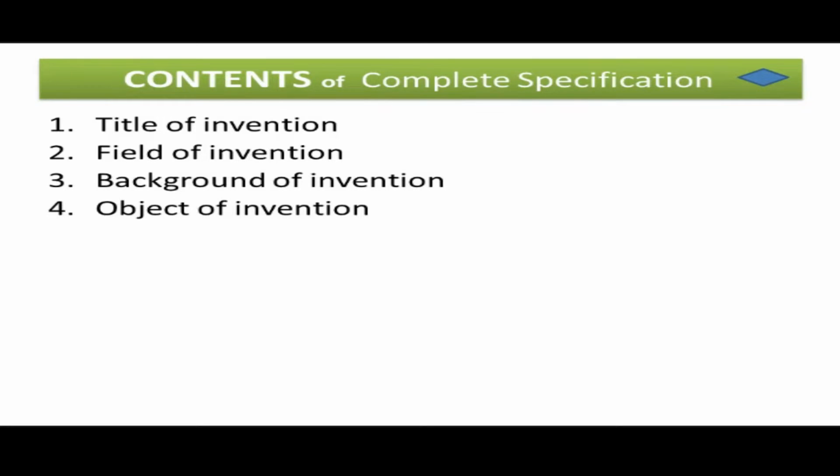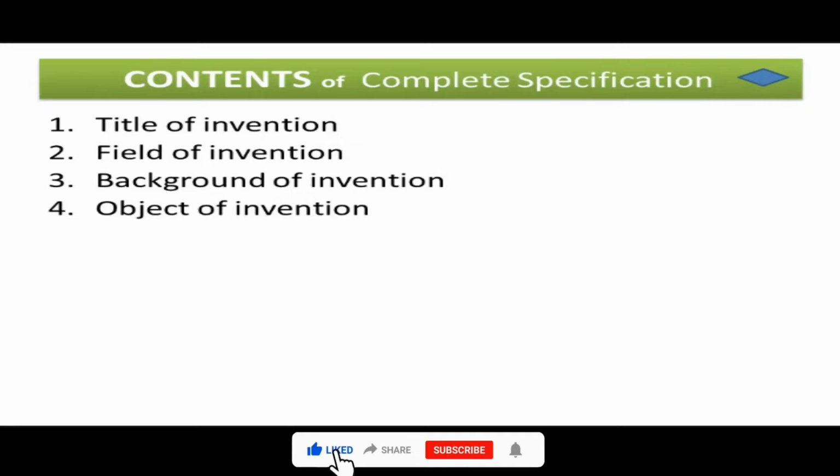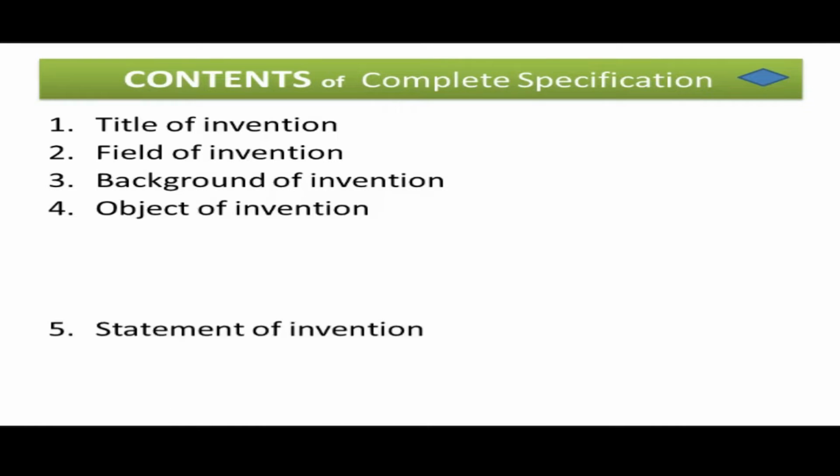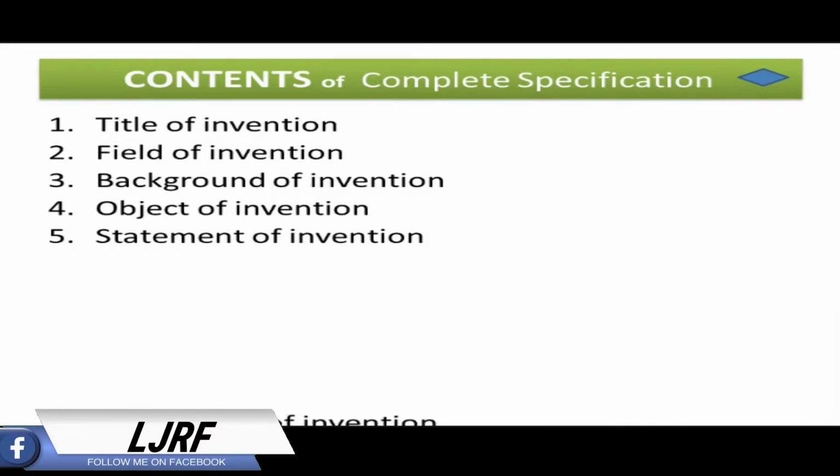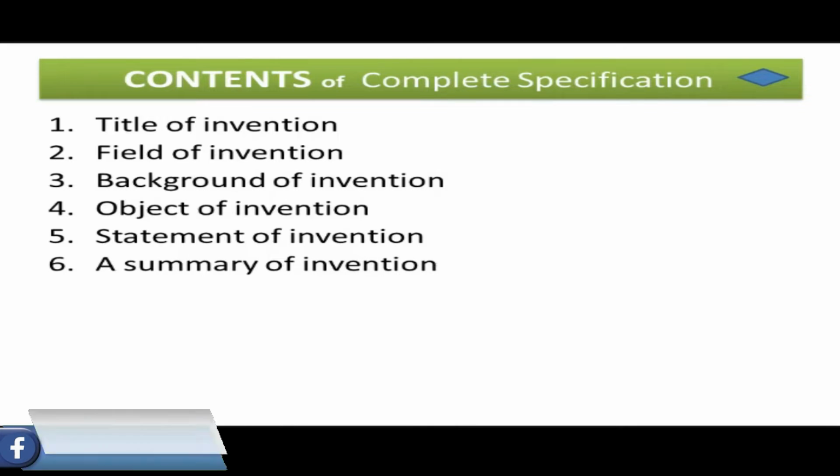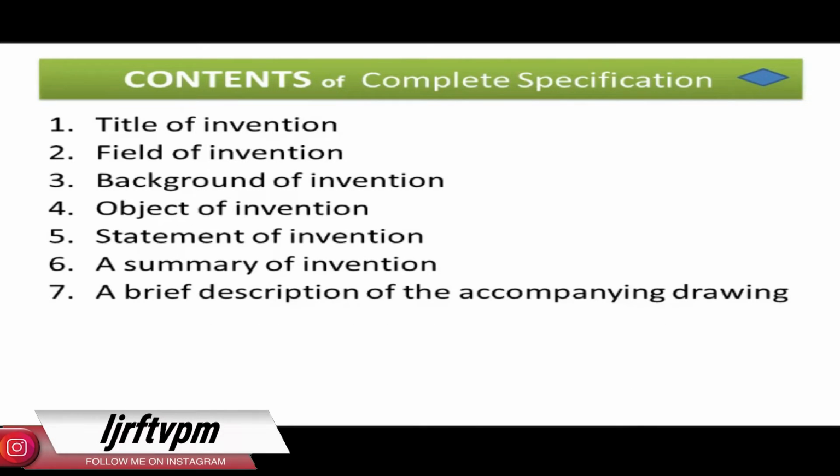Then you have to give a background of the invention. What context does this become important? Then what's the aim of your invention? Because in the background you'll be speaking about the problems that society is facing these days or presently, which are not yet solved. And as far as the objective of invention is concerned, you're trying to give a solution through the patent for such a problem. And then you have the statement of invention. Then you have a summary of invention, which is the brief of it. And then going further, you have a brief description of the drawings accompanying the specification. It need not be there always, but